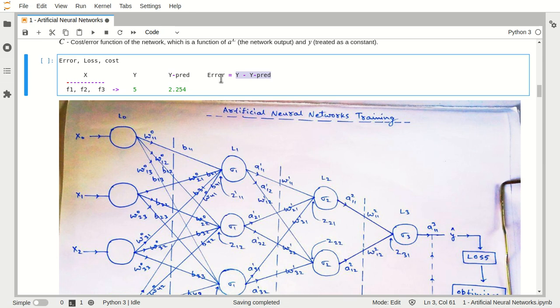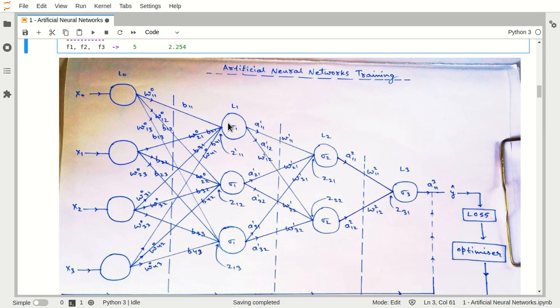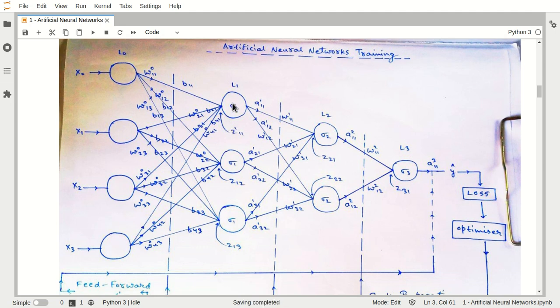And can I say that this error factor has been generated due to these parameters, and these parameters have been selected on a random basis, and due to those random values we get this kind of predictions, because here we are doing some kind of processing, some kind of calculations. Here again we are doing the same thing.